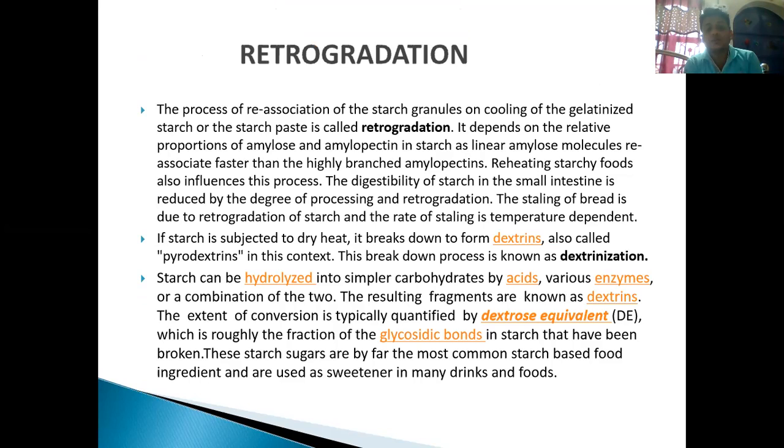If starch is subjected to dry heat, it breaks down to form dextrins, also called pyrodextrins. In this context, the breakdown process is known as dextrinization. Starch can be hydrolyzed into smaller carbohydrates by acids, various enzymes, or a combination of the two. The resulting fragments are known as dextrins. The extent of conversion is typically quantified by dextrose equivalent, which is roughly the fraction of the glycosidic bonds in starch that have been broken. These starch sugars are by far the most common starch-based food ingredients and are used as sweeteners in many food